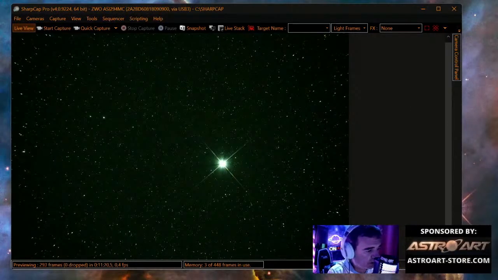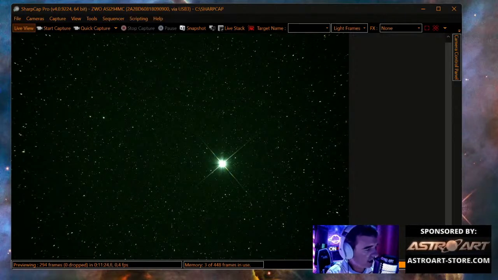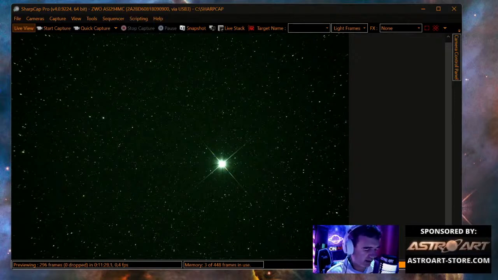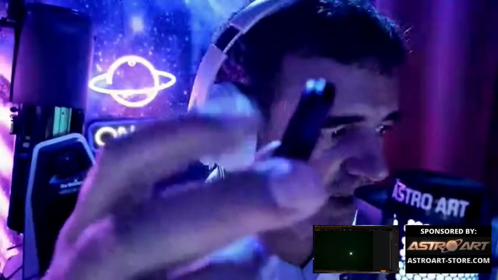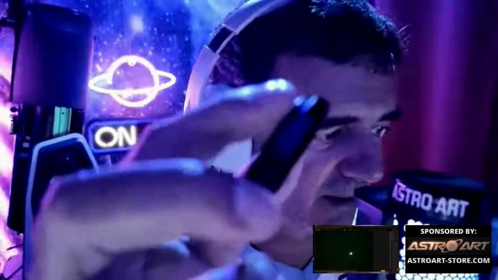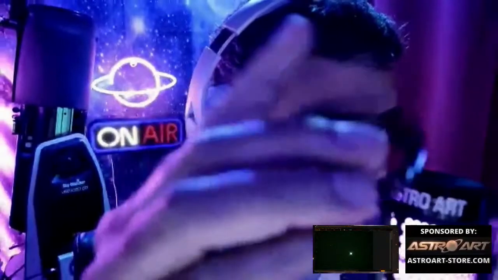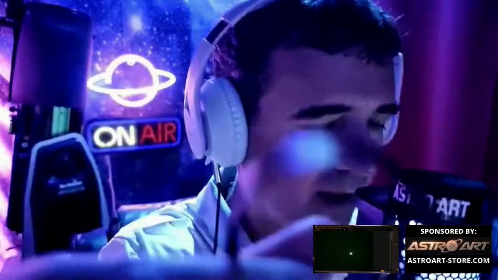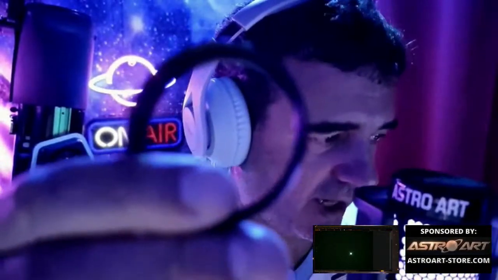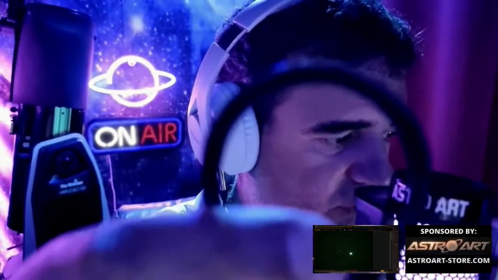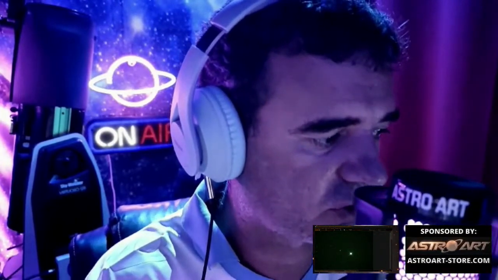I don't know if you will use the Virtuoso or another telescope. If you use another telescope with a 2-inch focuser, you need just an adapter like this, which has a thread here, M42 to M48, okay? M42 to M48. So you can screw everything if you use 2 inches.